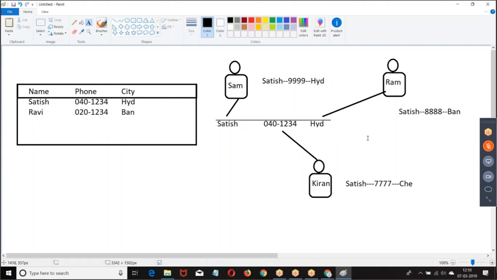Is it possible with regular data? In the table, if I save any record, let anybody open the record, the same data will be visible to you. But what is your requirement? For different people, you want to show different data. How is it possible? Then we have custom settings. For different groups of people, if I want to show different data, then we go for custom setting.